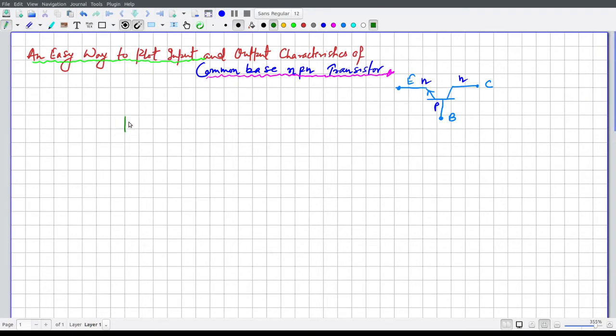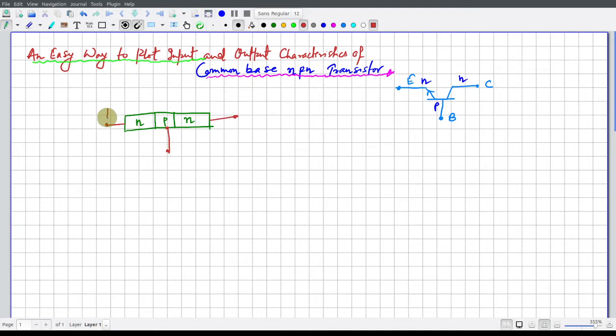So what we are doing? I am writing this as N P N, and this side is one of the terminals, another one is a terminal, and the other terminal is this one.